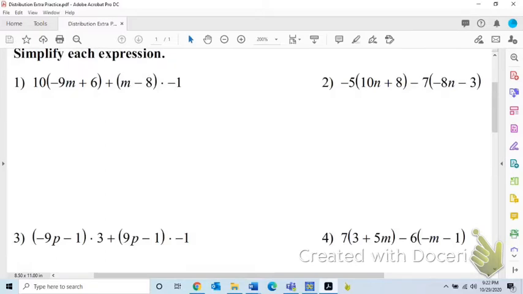So, number one, what we're going to do. On all of these, you're going to have to distribute twice. Now, what's important to realize when you're looking at these is that sometimes the number you're going to be distributing is on the left-hand side, sometimes it's on the right. Number one has both of those. So we distribute that 10. And then when we look at that second part, m minus 8, we see that there's a times -1 on